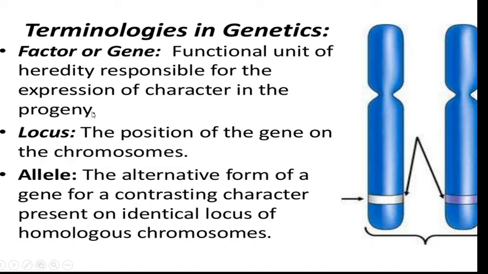Offspring, young ones. In the progeny, the characters are because of these genes. A single character is normally controlled by one gene. There are of course exceptions that we will see later on. Anyway, for the time being you can say one character is controlled by one gene, and that gene is very important. In this chromosome we have this particular gene here, and some gene can be present here, some gene can be present somewhere here.